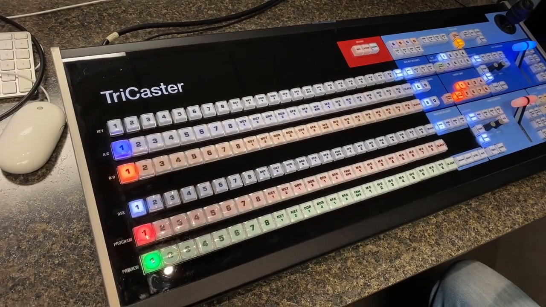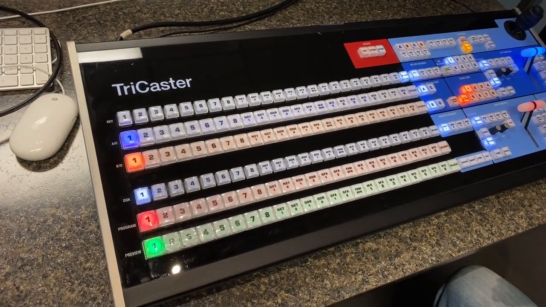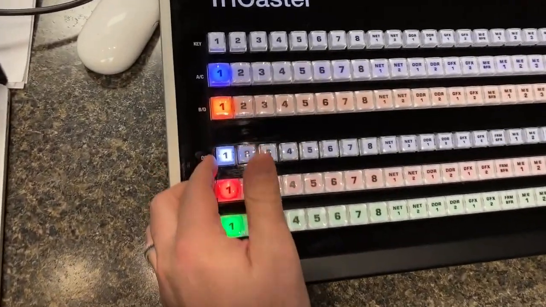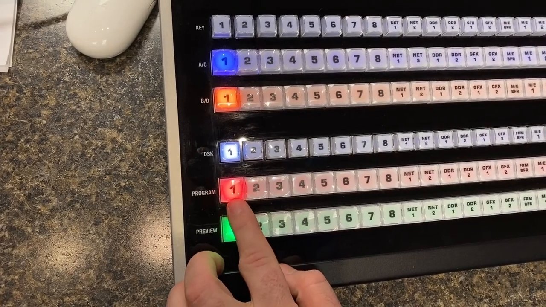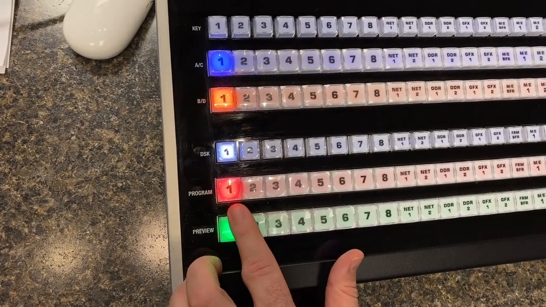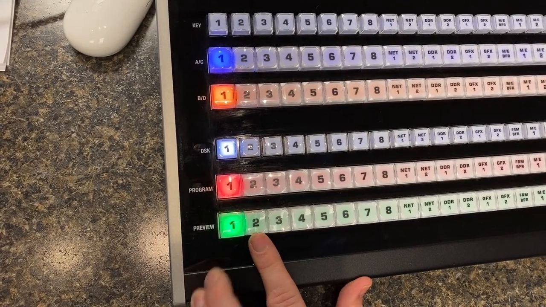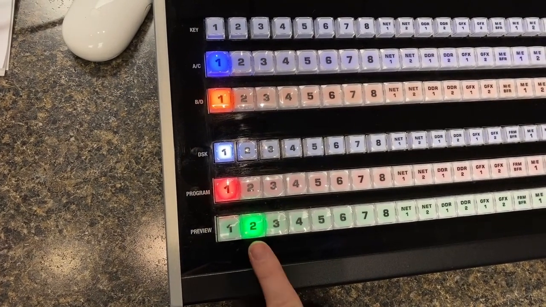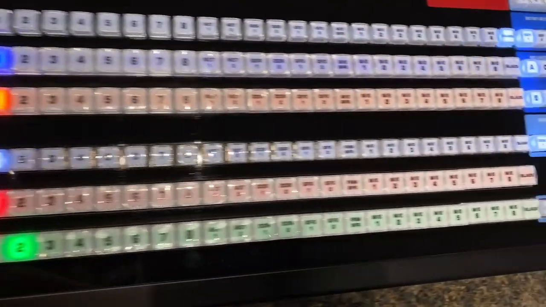We do this in the sports broadcasting class. Okay, so let's go over what we need to know. Well, obviously I need to know that if I'm on program, my camera 1 is live right now. And if I go to 2, it is in preview, and then I just hit take,